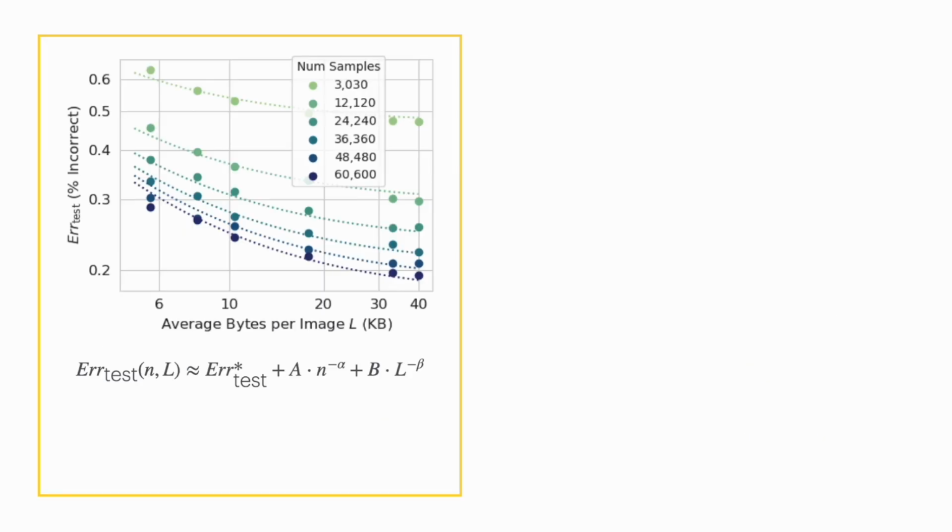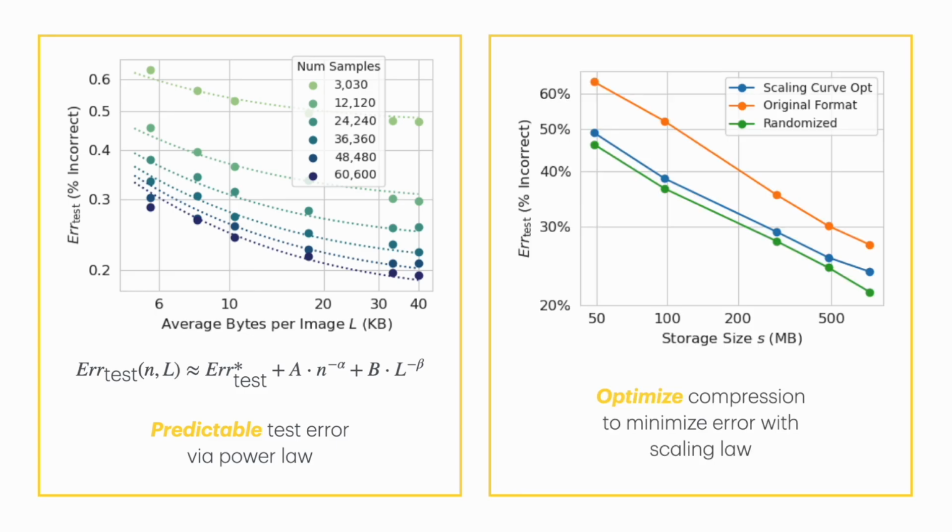We trained models on different numbers of images and at different compression levels, and we find that test error is predictable. It follows a power law in both the number of images and the compressed size of each image. We can then use these scaling laws to optimize our image compression levels to minimize test error for a given